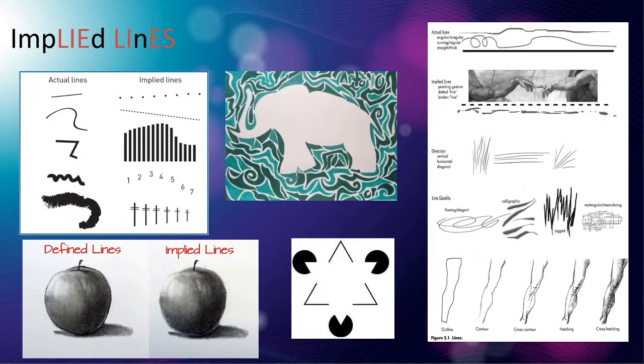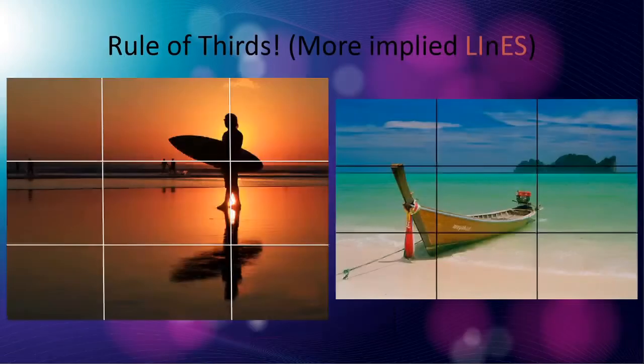Here's an outline, just outlining an arm or a leg. Looks like a leg. But here's some contour lines that define that shape a little better, and then cross contour, adding more definition inside, and then you start hatching to create some shadow. I can tell now that the light is coming from this direction. Then you do more cross-hatching against that in the opposite direction, crosswise, to create even more shading. And they're all just lines. So lines and implied lines. There's lots of power in what you put down on paper or what you don't put down. Here's some more implied lines.